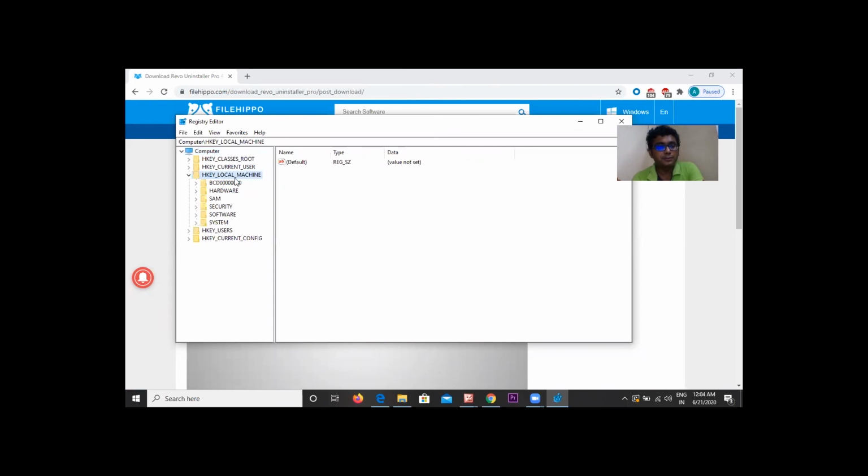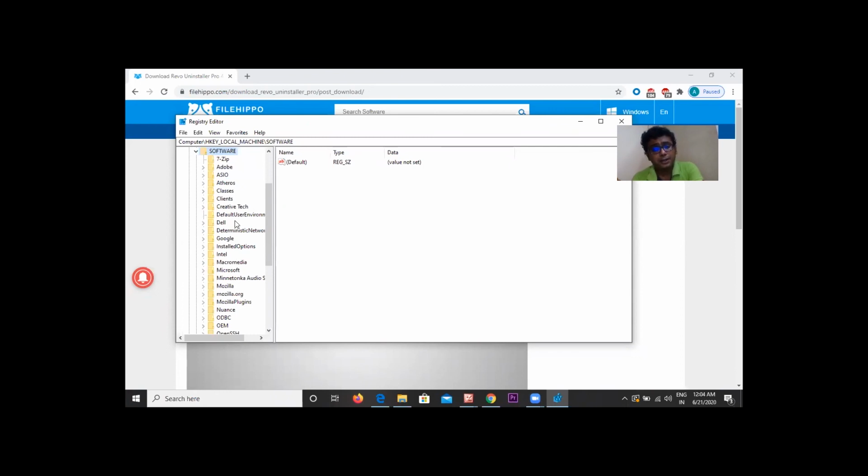Double click on it, then go to Software, then select the software folder which you want to remove completely. So you need to right click on that folder and then click on delete. The entire file will be deleted from your computer completely. Thereafter, you'd be able to install the next antivirus on your computer.